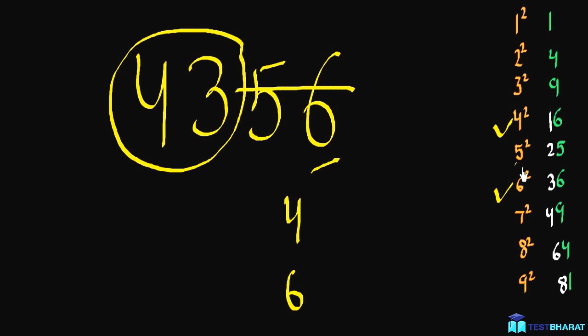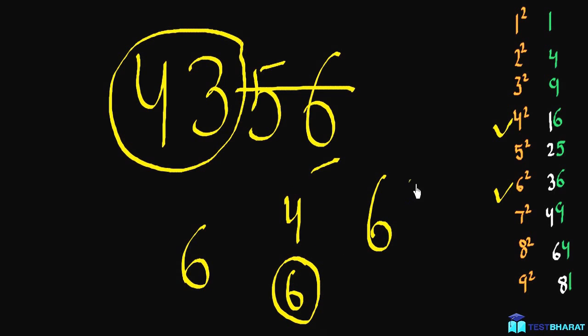So 43 is lying between 6 and 7. I'll take the lower one, so this will be 6, and then I'll multiply 6 into 7, that will give me 42. Then I know that 43 is greater than 42, so I'll pick up 6 because 6 is greater than 4. So 66 will be my answer,